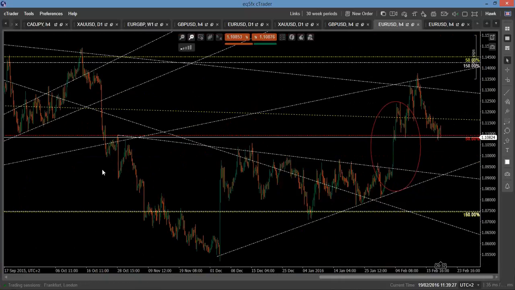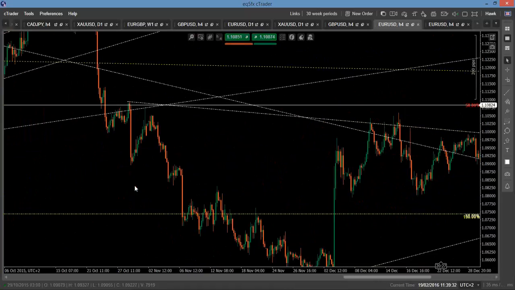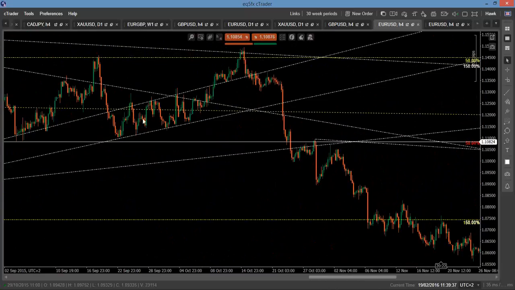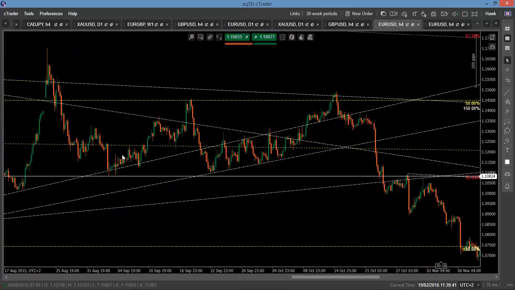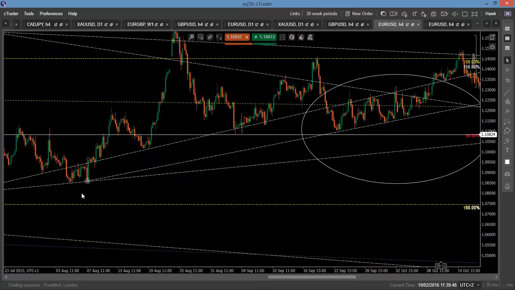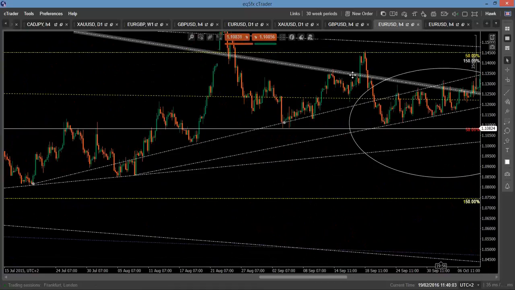So I just want to show you something that I've just drawn here. So this is what I want to show you. You see this channel over here? This one here? We got this bottom over here combined with the previous bottom over here. That bottom gave us a channel here, gave us supports over here, gave us supports over there, created for us